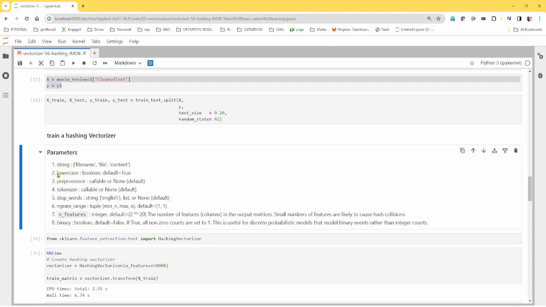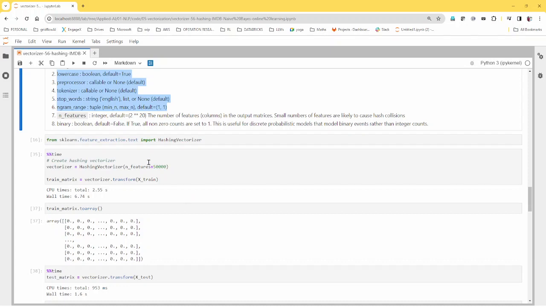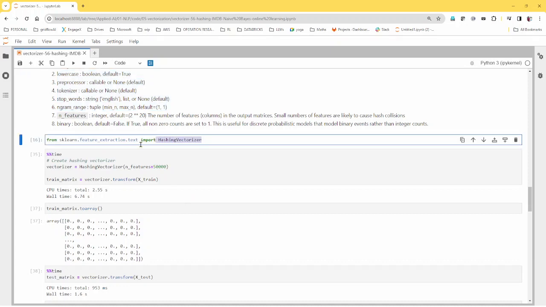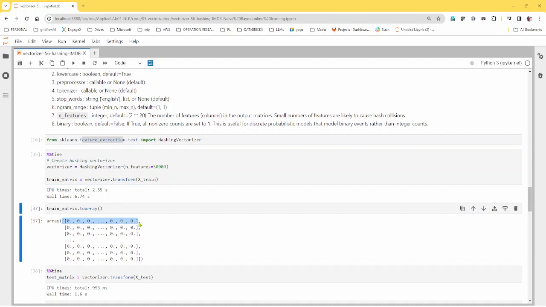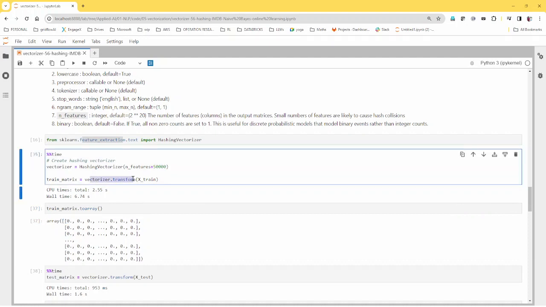So this parameter needs to be properly configured after due diligence and experimentation. And the other option is you can do lower casing and use a tokenizer and stop words like you did in the count and TF-IDF vectorizer. So hashing vectorizer is part of your feature extraction, along with the number of features. For example, here I'm taking 50,000. That means the length of the vector is going to be 50,000. And notice here I'm transforming